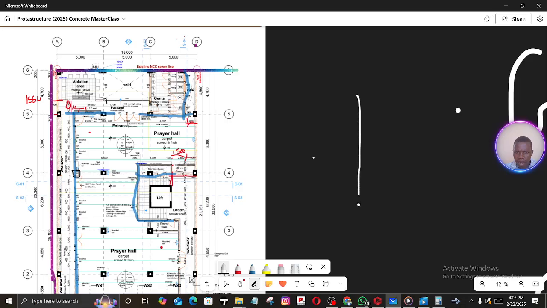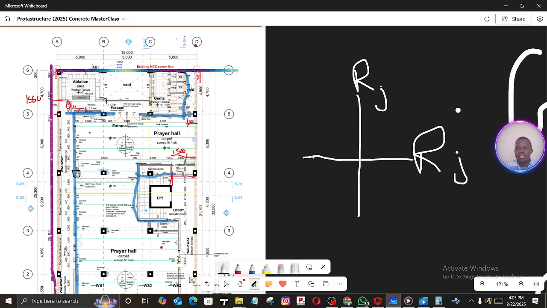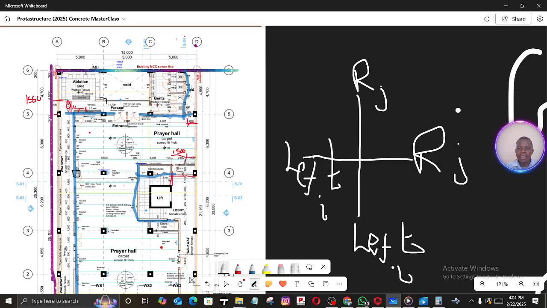So this part, the upper part, which is called the right part, this is the right part, but this is J, this is also J. This is left, and for our case here, it's also left. And so these are according to ProtaStructure. I'm just teaching you something here so that you do not get confused at all when you are working on this. So this one can be denoted as I, also this one can be denoted as I,